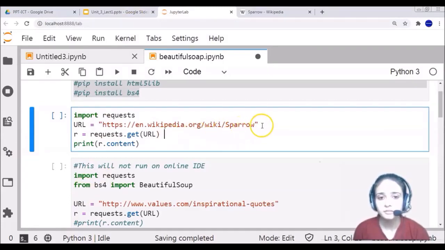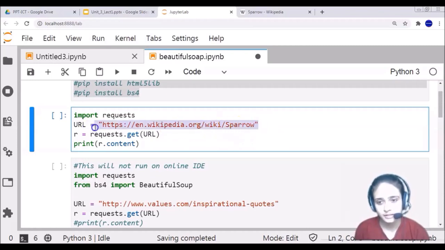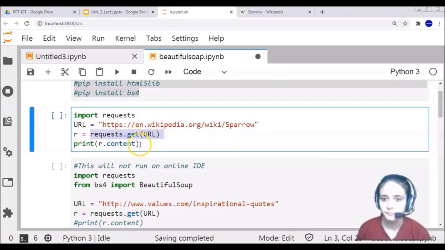Whatever the HTML content is there on this particular URL will be collected by using this particular get function which is present in the requests library. So you can write like this, that is requests, the library name, dot get as the function, and as an argument you are passing this particular variable, that is your url variable.